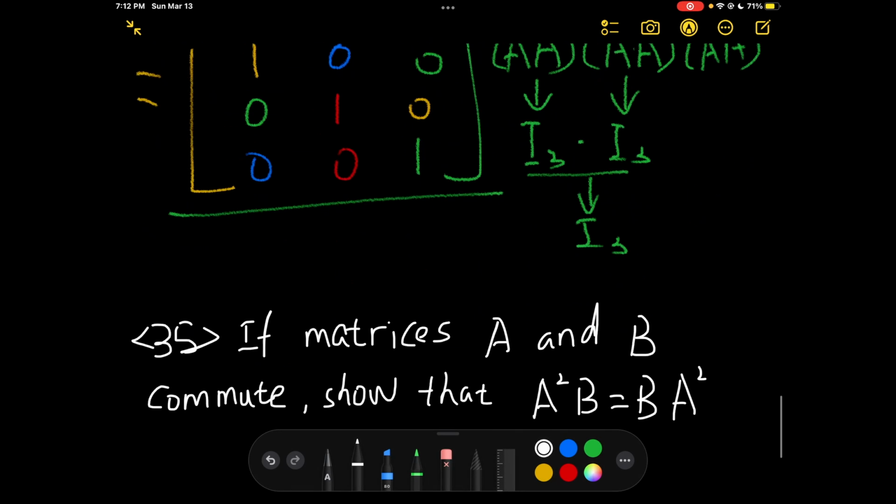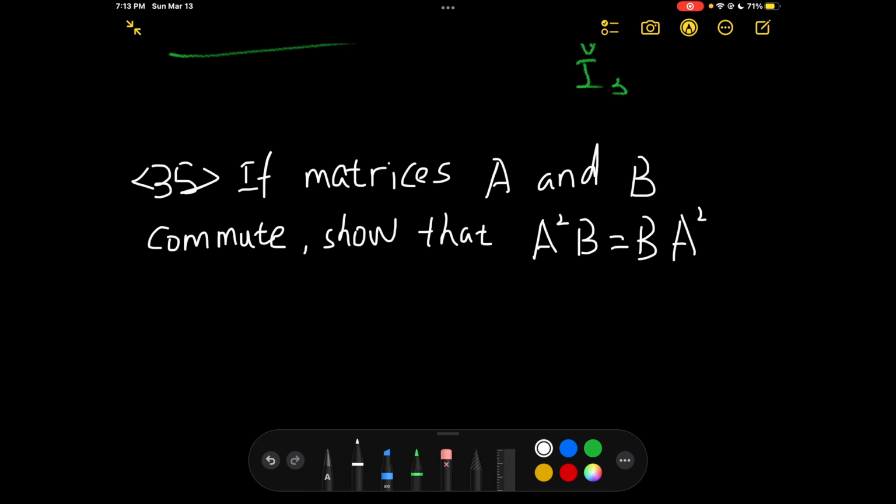Okay, let's move to question 35. If matrices A and B commute, show that A square B equals B A square. So in the normal case, matrix A multiplied by matrix B is not always matrix B multiplied by matrix A, but it's not saying that cannot be the case. Just like the identity matrix, you can commute, but the answer will be the same. So in that case, if they are telling us A and B commute,